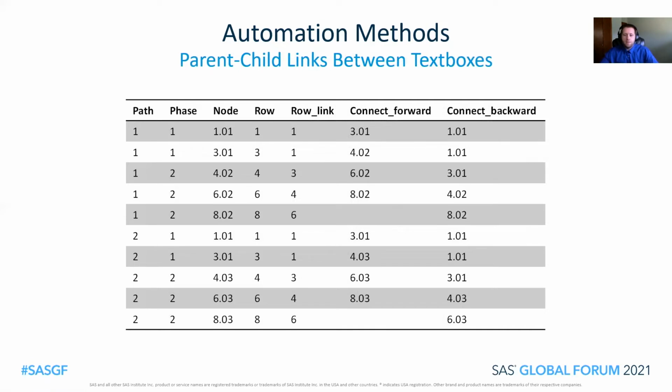The parent-child links between the text boxes. If I go back to the data set that had all the unique paths, I can walk through those with an array and easily grab the nodes that appear before and after the current node. Again, the row is just going to be the first number of the node that it's currently in, so it's pretty easy to grab those. And the row length will again just be the first number of the node that it connects to going backwards. I set up a few variables with these so I can use them in arrays later in order to grab the attributes of a certain text box. I can also use these connect forward, connect backward variables in order to merge in information from other text boxes.